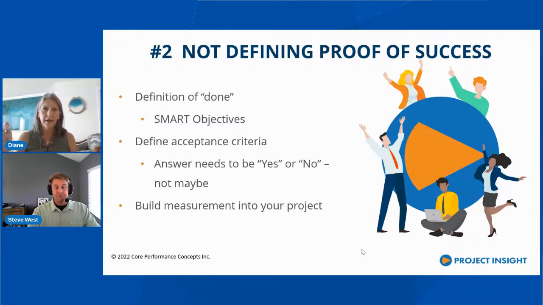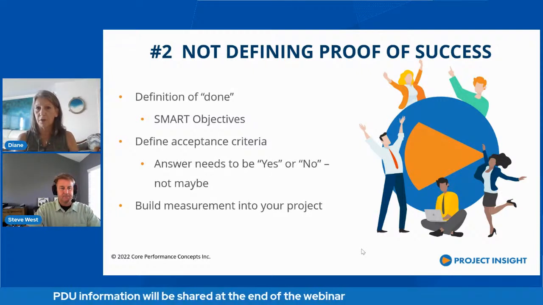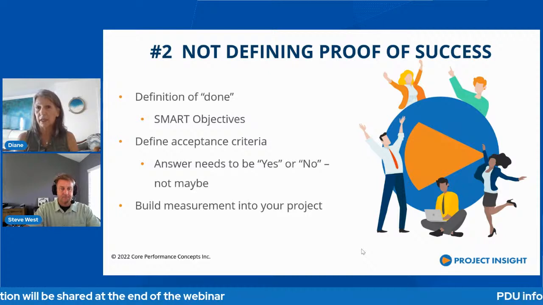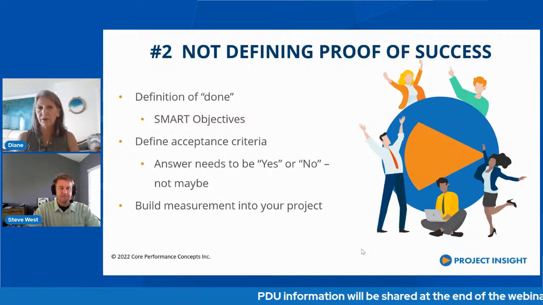And why. If someone's doing agile, do you think they should even do this as well? Like have a proof of success in our sprint, that we should have three objectives we're trying to get done? Because a lot of times they're just on autopilot in software, and I don't even know that it's really like, hey, what are we doing? And here's these 20 things. Should they do this as well for those projects? Well, they in theory should, because that first little bullet says definition of done. That comes right from the agile methods. They have to define what done is. They're just doing it on a much smaller scale, and they should be doing it on every single sprint.